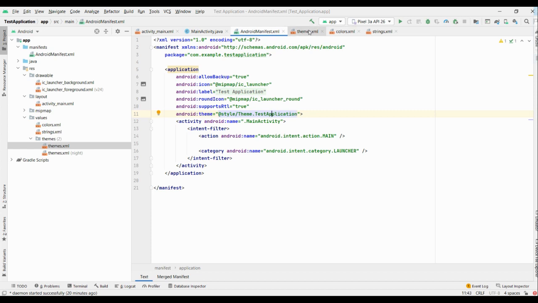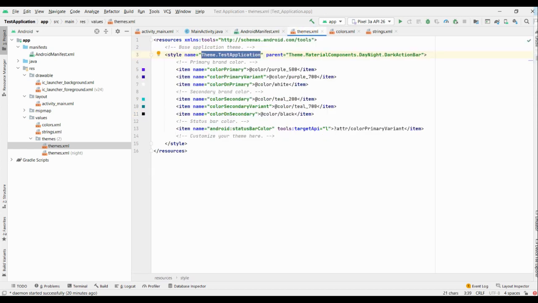That means we are referring to this theme in themes.xml. This style is extending the parent theme, so it will get the default themes which come from the Android package.